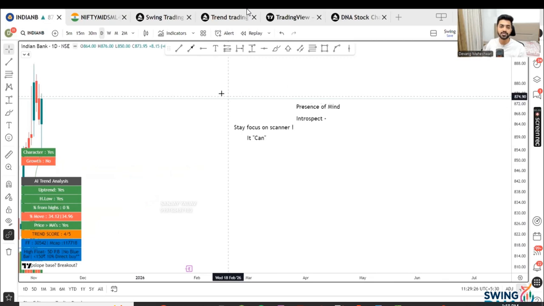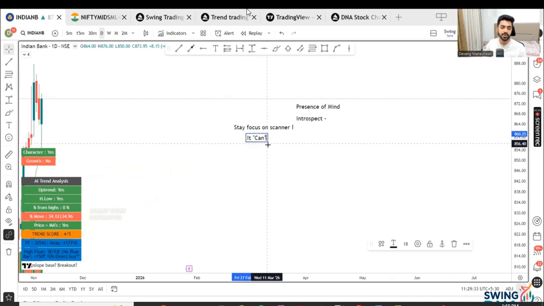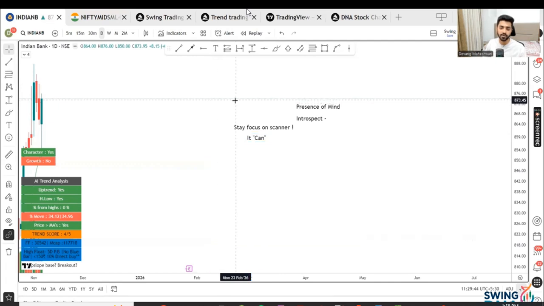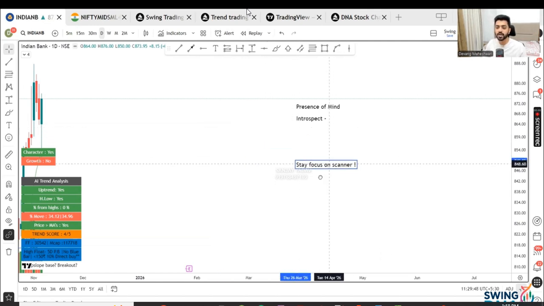But the initial momentum which is coming, your presence of mind at that point is important. Whether it will be confirmed or not is a later stage. Nobody knows in advance whether that first momentum will continue moving up or not. We have probabilities around it. So just stay focused on your scanner,